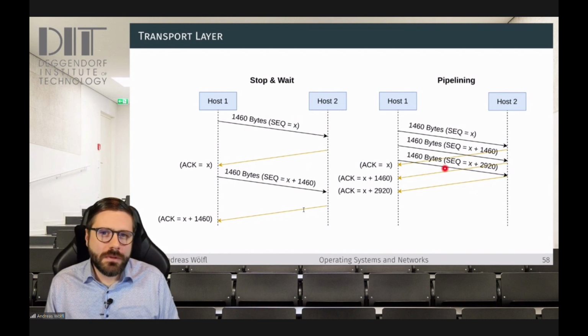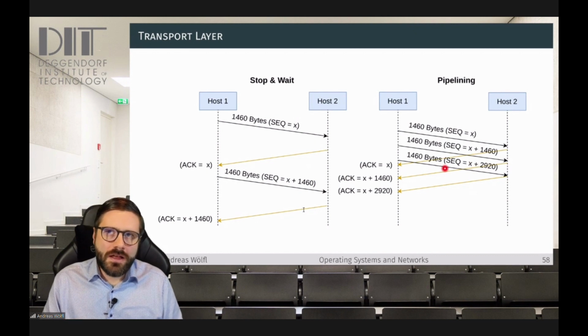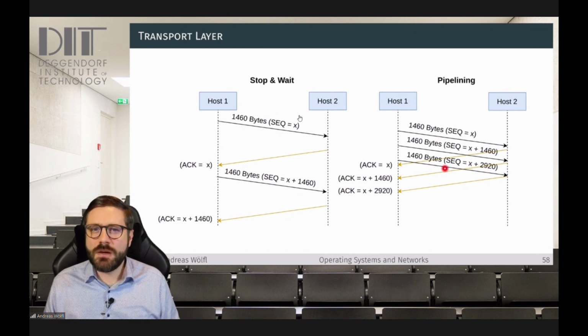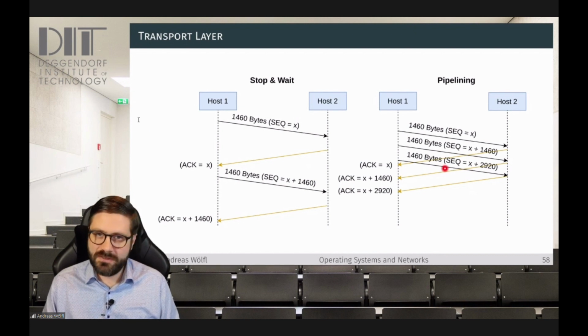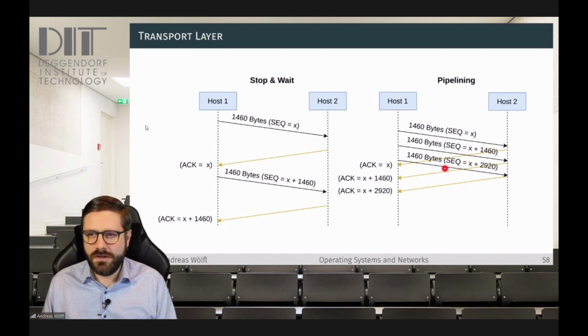Only if the transmission medium is suboptimal, like you have a Wi-Fi transmission medium and a microwave in between, then you have a large ratio of packet loss. But if you don't have a large ratio of packet loss, for example, with a copper wire connection, where you have a packet loss of less than 1%, then the windows shift fast enough for this pipelining